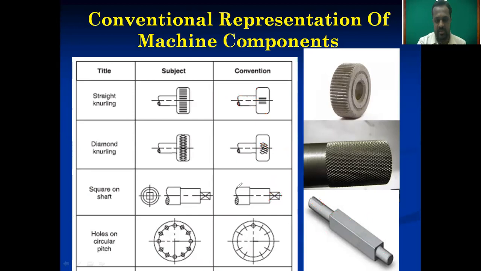See, this is the shaft. On that shaft we are providing a square box like this, and this is the convention. You have to write down such a convention for square on shaft. This is the actual shaft, and on it we are providing the square, and in the form of the BIS convention we draw this figure. Understood? Square on shaft, then diagonal knurl and straight knurl. Generally you have to remember the application: we provide the square on the shaft to avoid slippage.